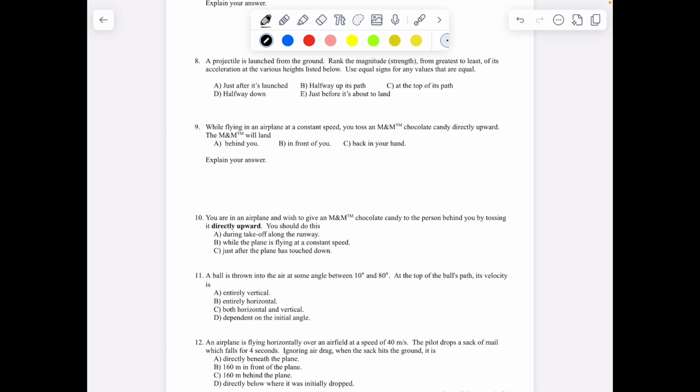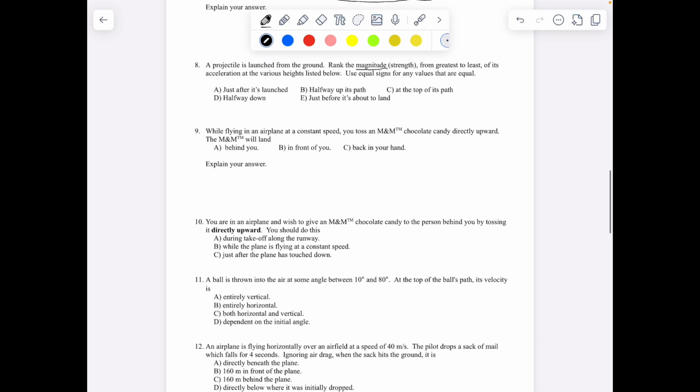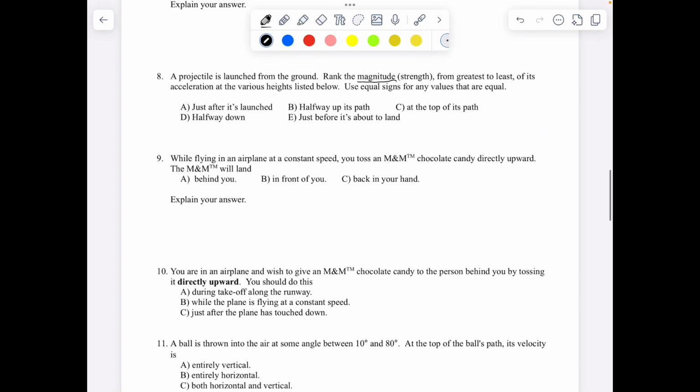Projectiles launched from the ground: rank the magnitude from greatest to least of its acceleration at the various heights listed below. Use equal signs for any values that are equal. Okay, again, we're looking at magnitude here, so that's the strength of something. We're going from greatest to least of its acceleration at the various heights listed below. Any values that are equal. So, we're looking at the acceleration. We know